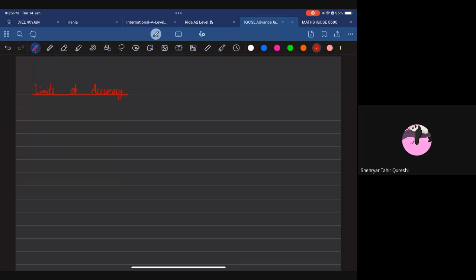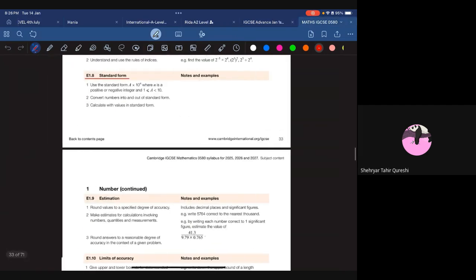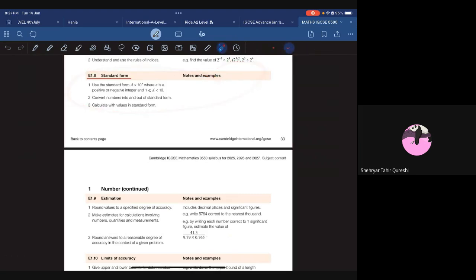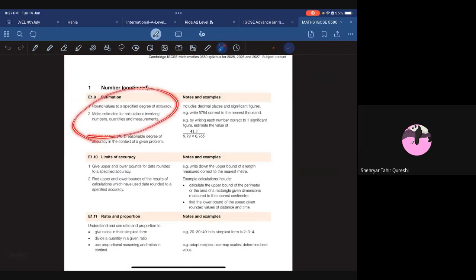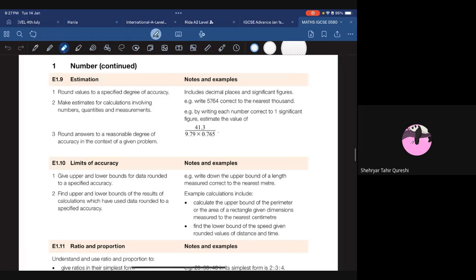First off, when we look into estimation and rounding off, if we look into your syllabus as well, just below standard form, I'm opening up the extended form of your syllabus. There is estimation and rounding off and limits of accuracy and stuff of that sort. All right, so we're going to continue with this. First off, you need to know how to round off or estimate